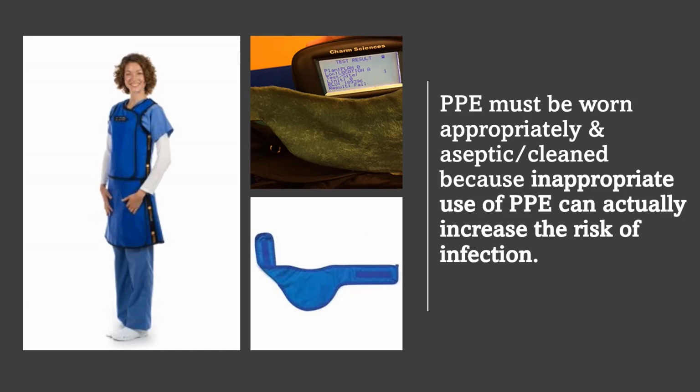What we didn't really think about was how clean are these protective gear that we're throwing on our bodies. I mean, if you take a look, which we did, at one of the hospitals, we did an examination where we took swipes from lead vests, thyroid collars and all to see how much bacteria and other types of elements such as blood, etc., are on the protective equipment. And believe me, they're gross. So the idea here is,